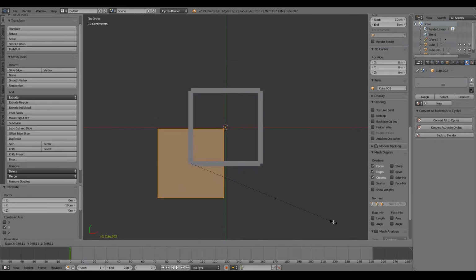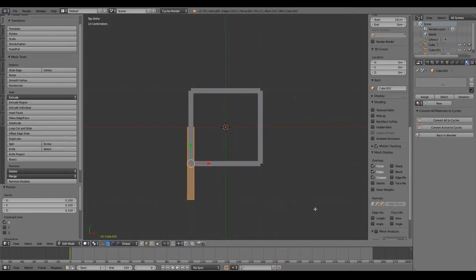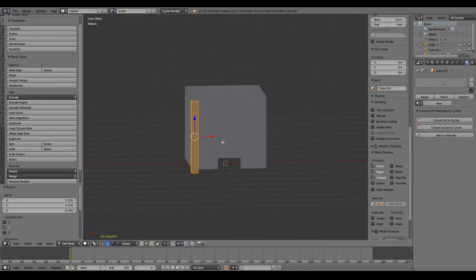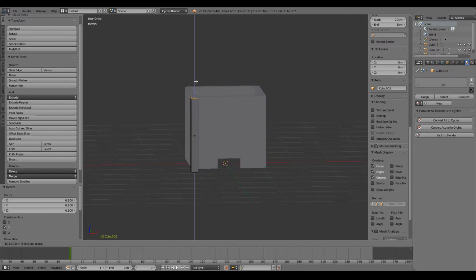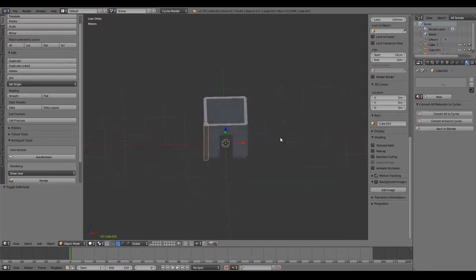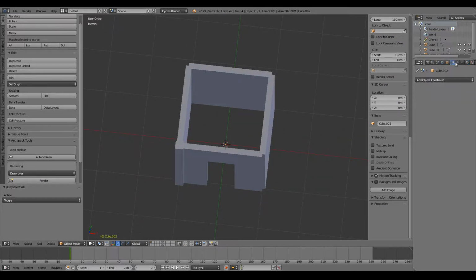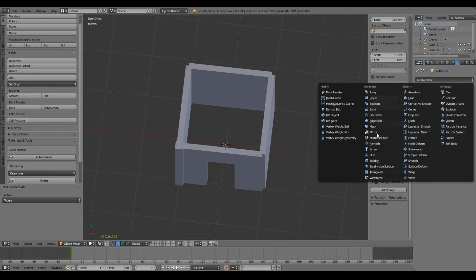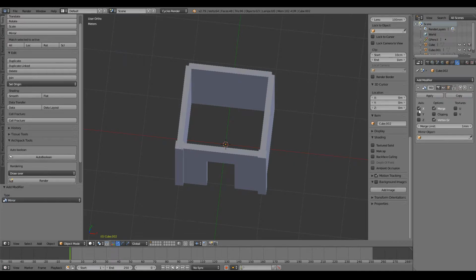Perfect. And I only want to scale X first. I want it to be just thicker than the wall. Perfect. And then Y. And again, I want it to just thicker than the wall. And I'm also going to bring it up a little bit here, just to about there. Now it's one corner done, and I'm going to actually use a mirror modifier here to mirror on the x-axis